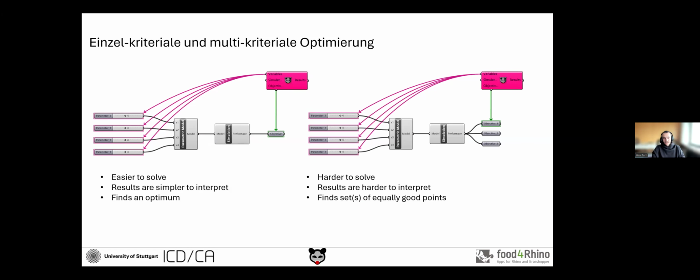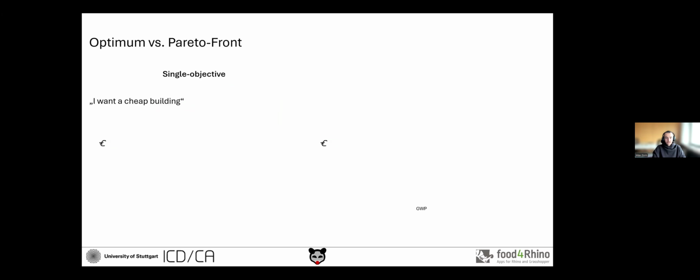Multi-objective optimization, on the other hand, is when you have more than one objective. They are harder to solve and harder to interpret because we'll find a set of potentially equally good points. I don't know what happened here. Anyways, so a single